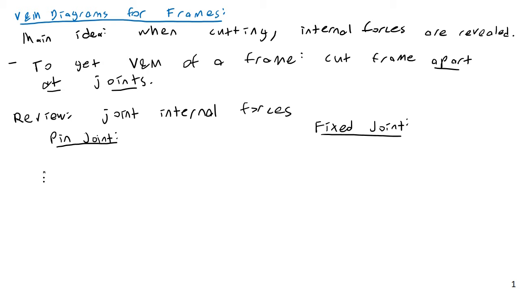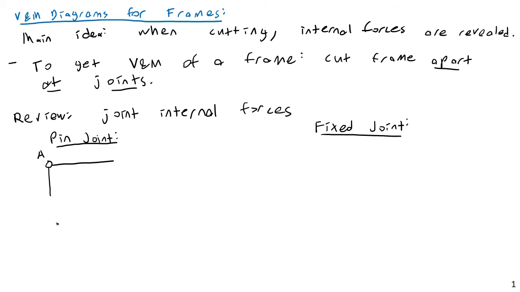For a pin joint, this will be indicated by a pin or a circle connecting two individual members. Something like this. Let's say we call this joint A. What will that pin joint transfer? Will it transfer moment? Exactly, it'll transfer everything but moment. So if I then do an exploded view of this, showing the internal forces here,